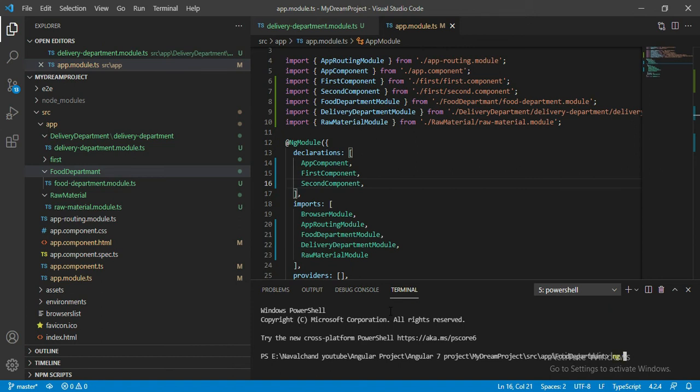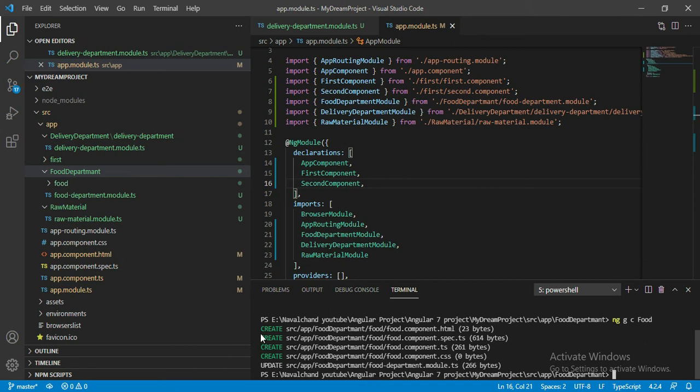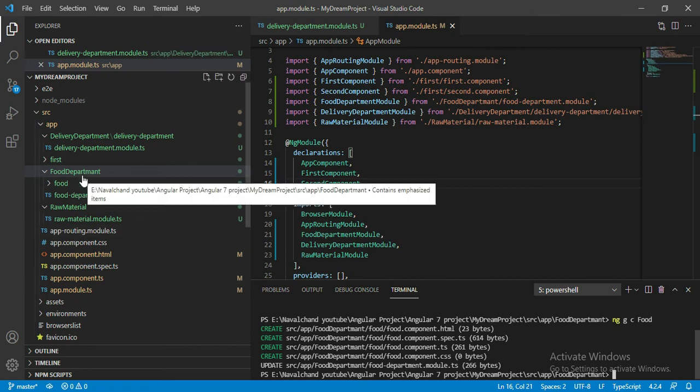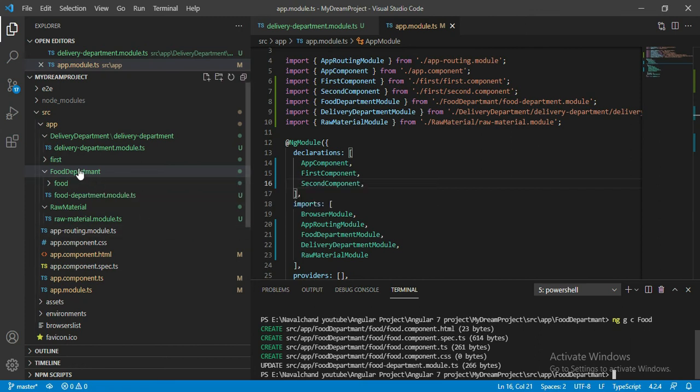ng generate component, and I'll give simply the name food. That component name is food. You can observe here. Initially, in the last video, we created two components. Those components were updated inside the app.component.ts, but when we create inside the food department folder, here we created one component.